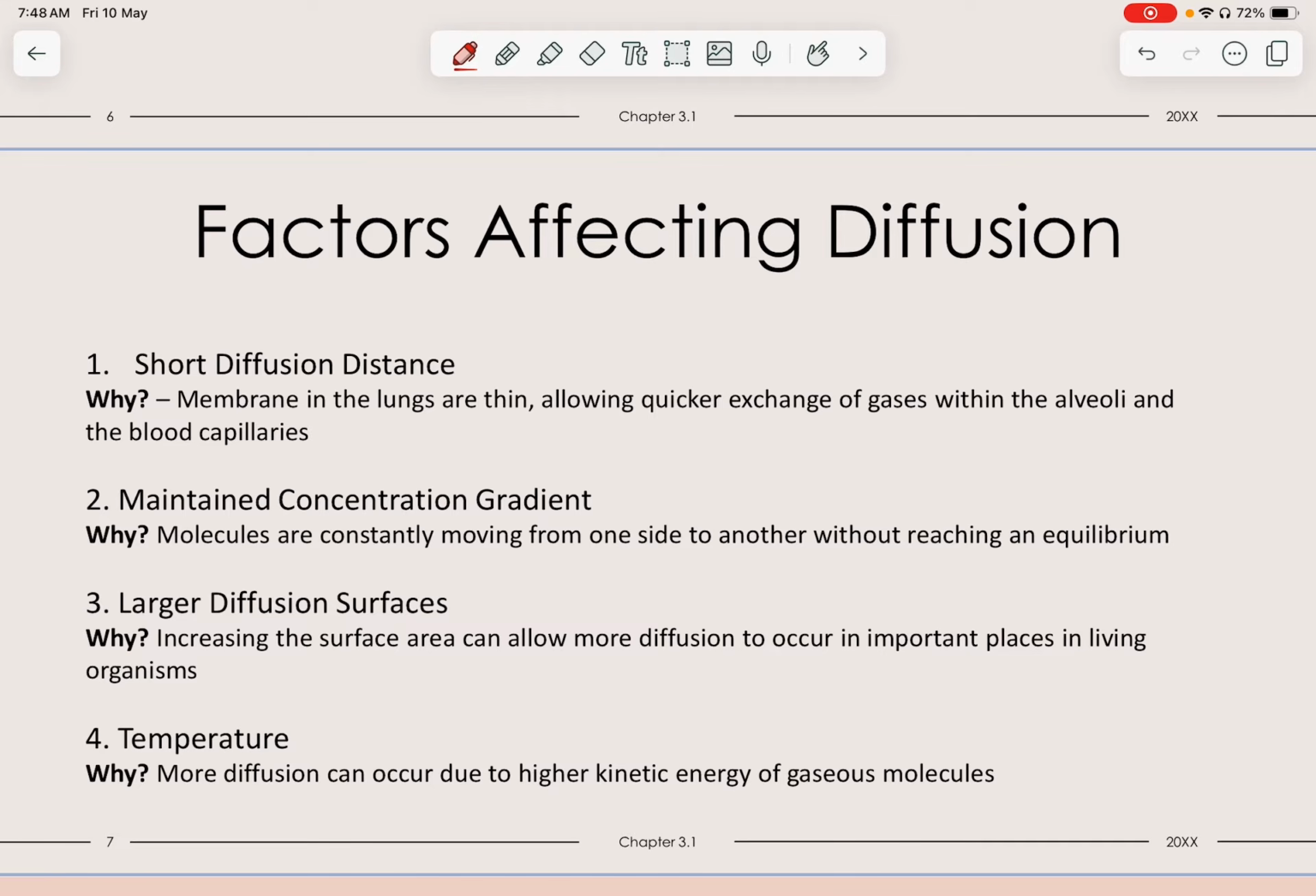Remember I told you that diffusion will eventually reach an equilibrium. So the concentration gradient has to always be high to low. One side has to always remain higher, so that there's always a constant diffusion moving down the concentration gradient, constantly, before it reaches equilibrium, which we do not want, because in some cases, like in our kidney,